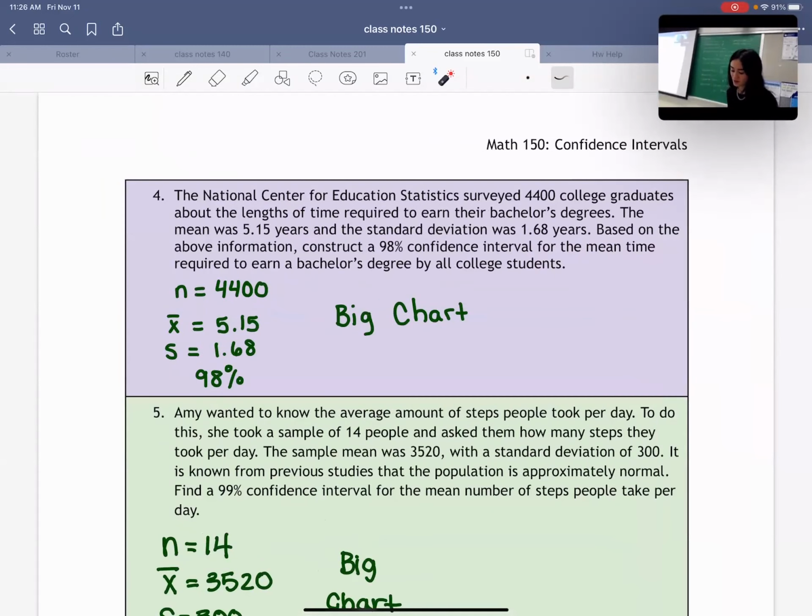This one was the National Center for Education Statistics. Who wrote up this one? Ashley, do you want to take us through this one? Yeah. So I saw that they surveyed